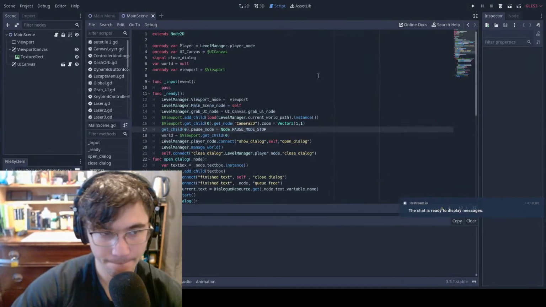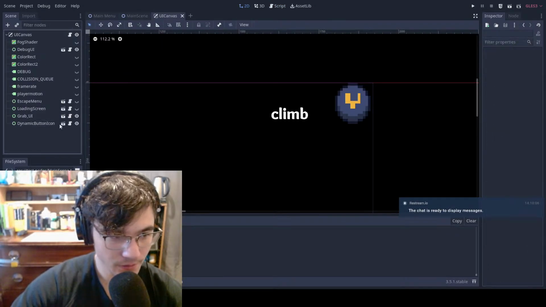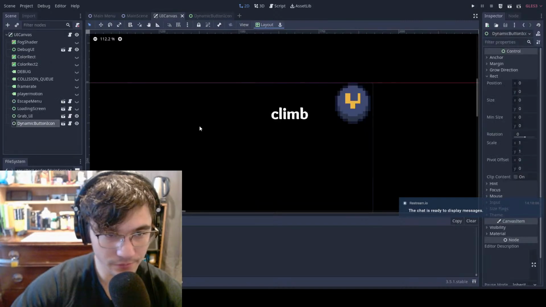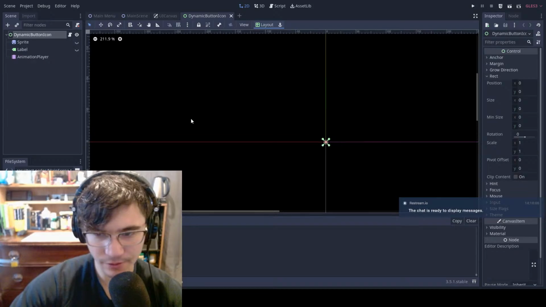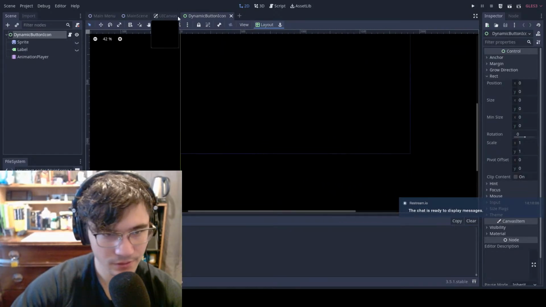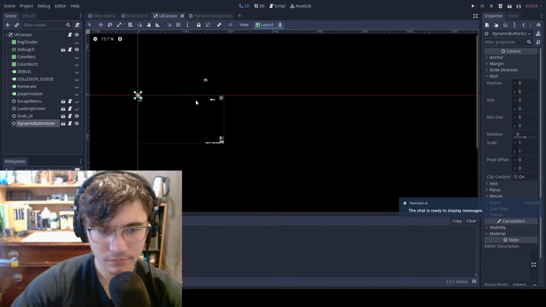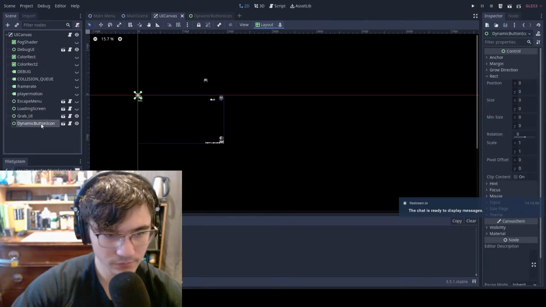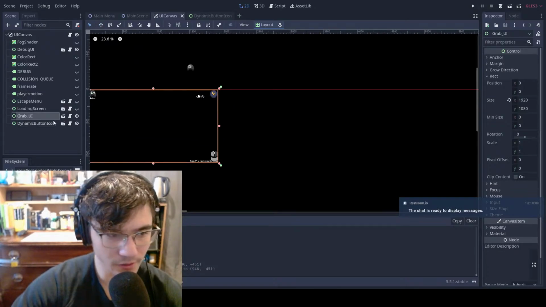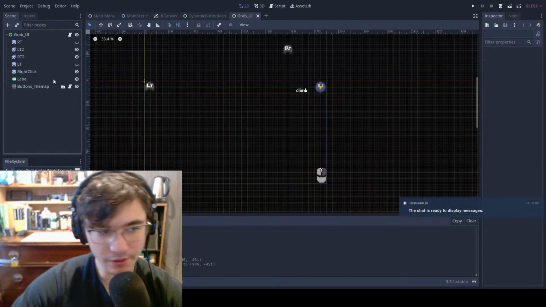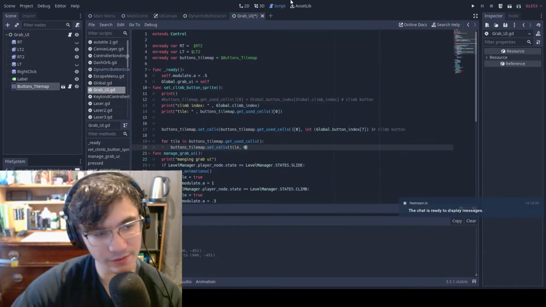Let's see. Let's go into our UI canvas. Dynamic button icon. Wait, no. Is it dynamic button? Seems like we're showing a sprite here, but it should be a tile map. Maybe we have something else. What the hell? Oh, it's grab UI. Okay. So yeah, grab UI, we added a buttons tile map, and then in the script of our buttons tile map,